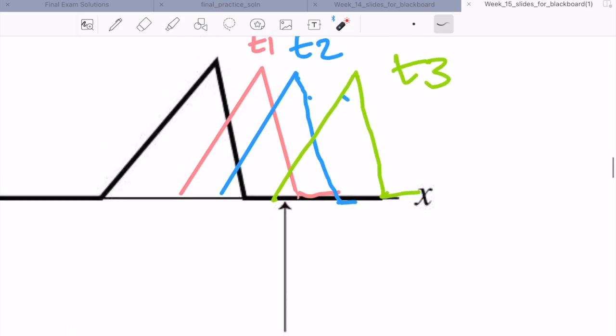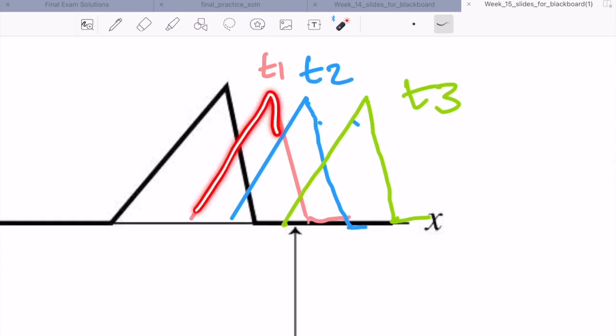If I look at time interval 1, this pinkish graph here, there's that intersection point right there. Have I moved upwards or downwards? Moved upwards, right? Once you move to the different time intervals, forget the black graph. Just look at this point. Where's the position of that point at that specific time interval? So along the pink graph, that green bead has moved upwards to here. At time 2,